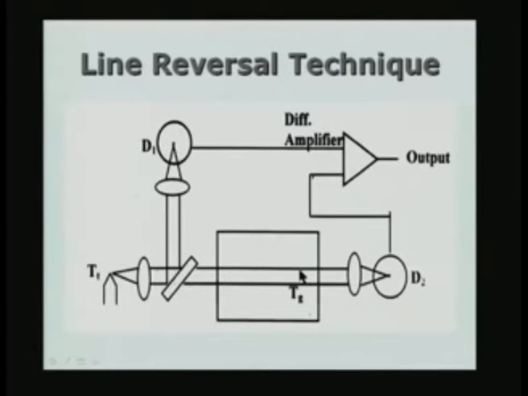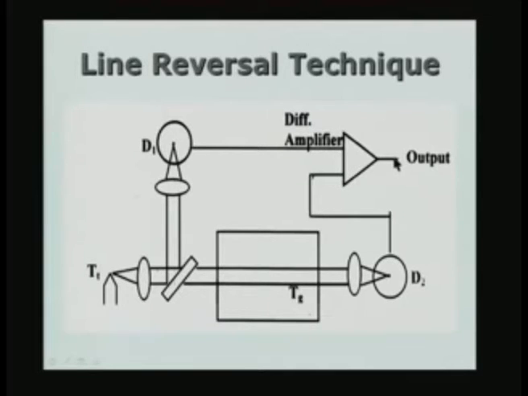So, at the same time I am able to see the target directly, like what I explained earlier. So, direct view, and the other one is through the gas, and what I have to do is vary the temperature of the target by using some arrangement, like a filament whose current is varied systematically. So, what you will notice is that if you connect the outputs from detector 1 and detector 2 to a differential amplifier, the output will be 0 under the condition of line reversal, incipient line reversal.